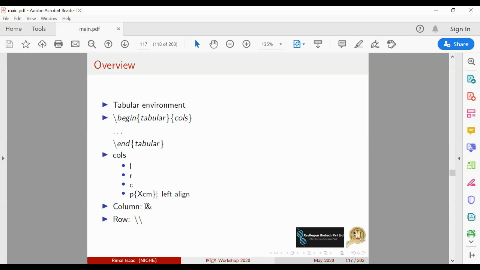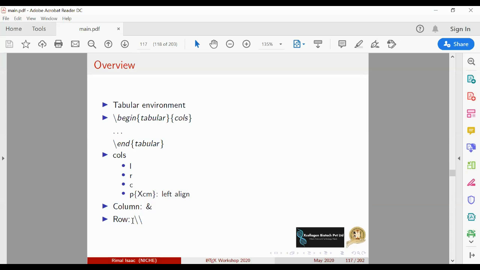Each column's elements are separated by the ampersand symbol. That's why I told you, if you want to type this ampersand in your document, you have to put a backslash before it. So the cell contents are separated by the ampersand symbol, and if the first row ends, you have to put a double backslash.